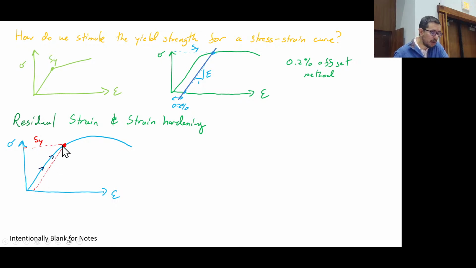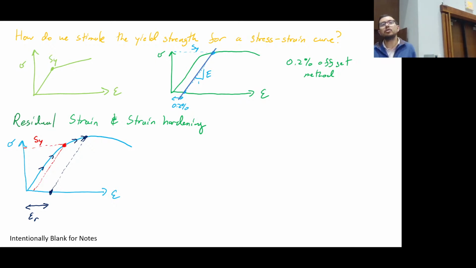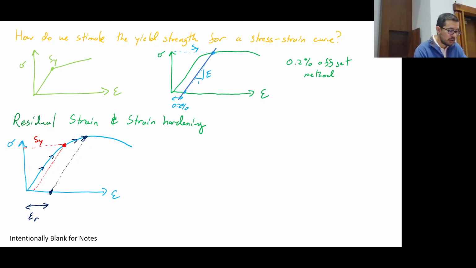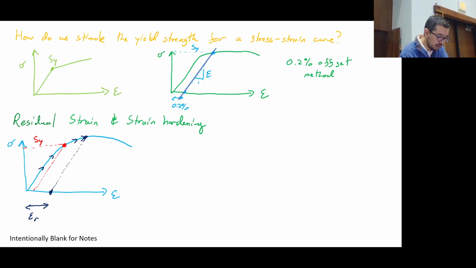If we go up and we go beyond the yield strength, that's where we get into the plastic regime. And let's say that we go up to here, like this place. When we release the load, we follow the slope associated with the elastic modulus down back here, and this becomes the residual strain. And we talked a little bit about strain hardening last time as well. The new yield strength of the material